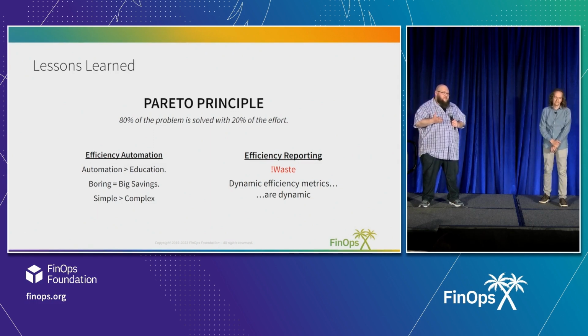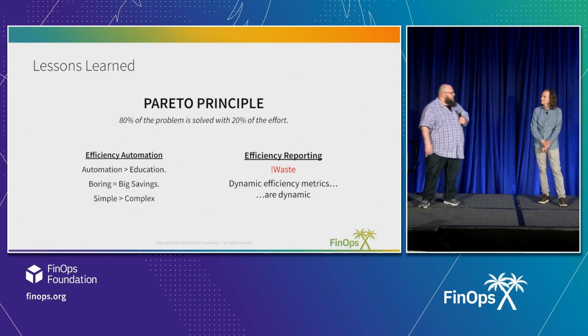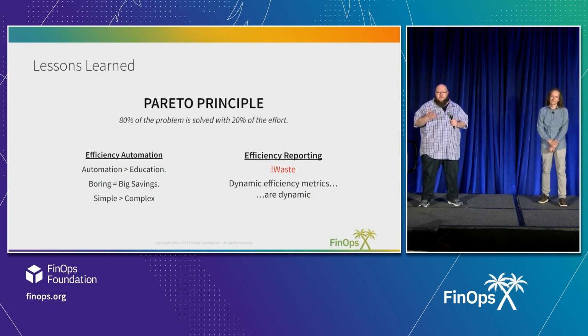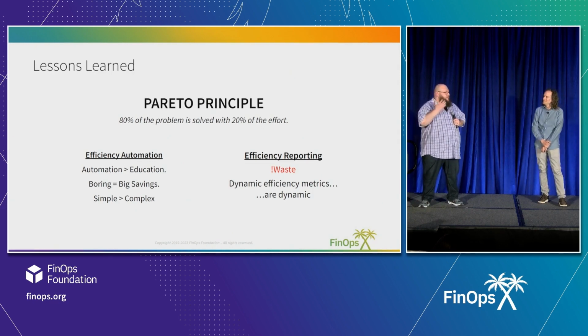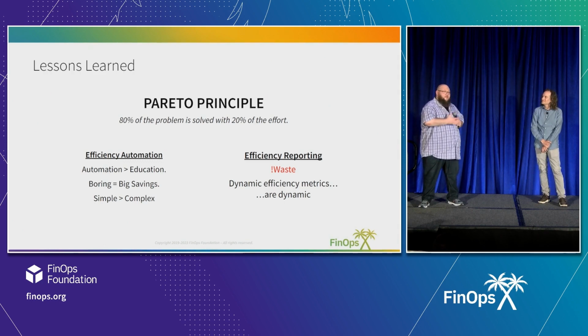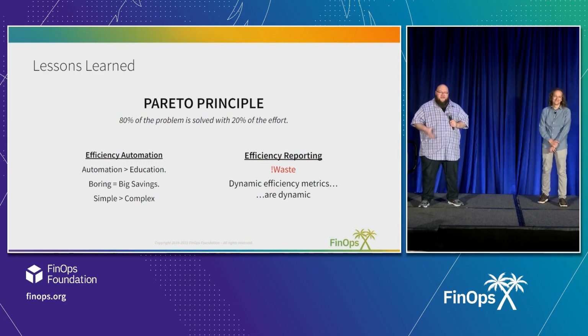On the efficiency automation side, the other thing that really stood out to us, automation has been more effective at driving savings than education. And I'm going to out Matthew. Matthew helped create our S3 tiering policy, which we rolled out across the company. He was doing something quickly on one of our accounts. He spun up some buckets. He authored the policy, which we automate. And 2 days later, I get a notification that one of my accounts had an automatic change to it. We're not in compliance with our own S3 policy.